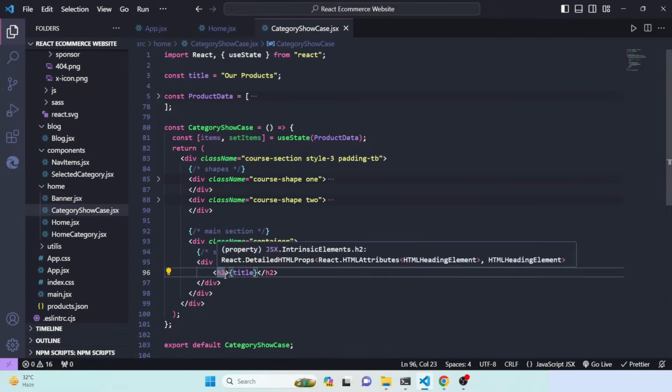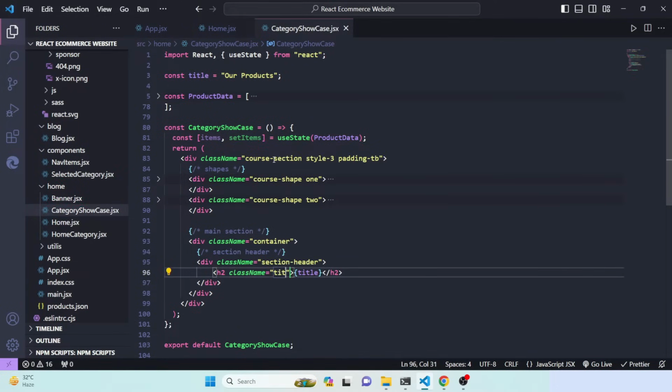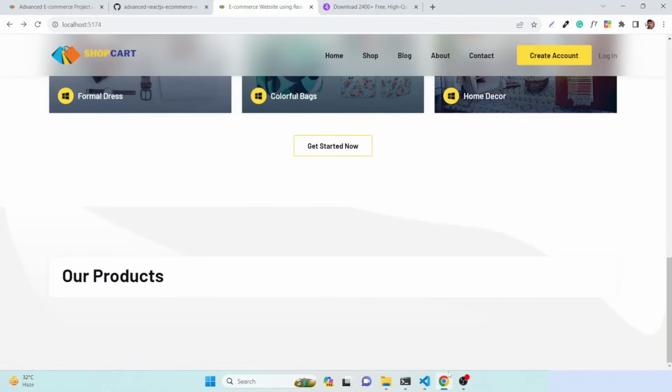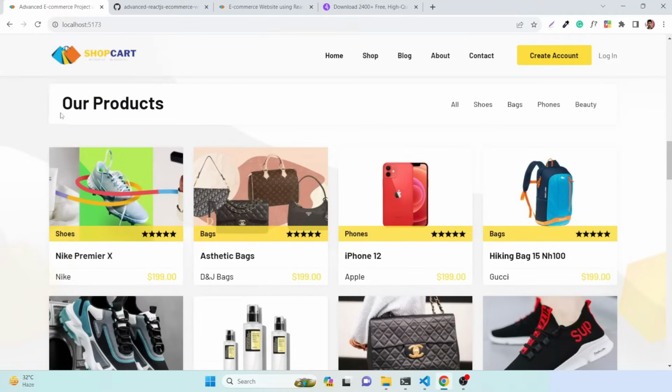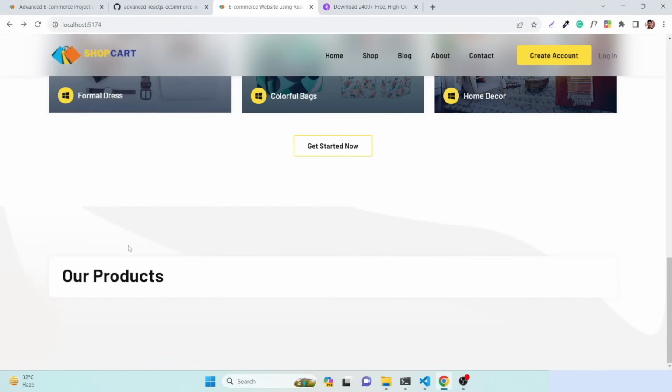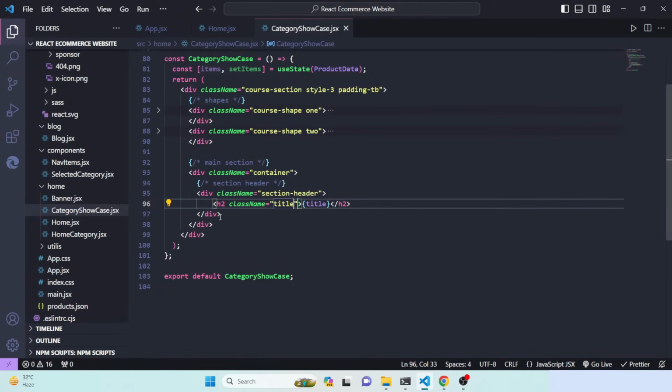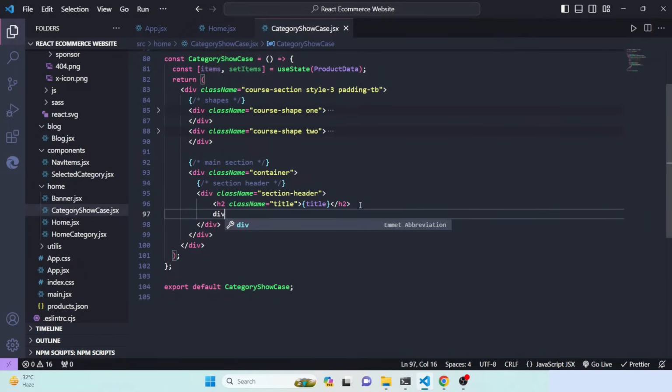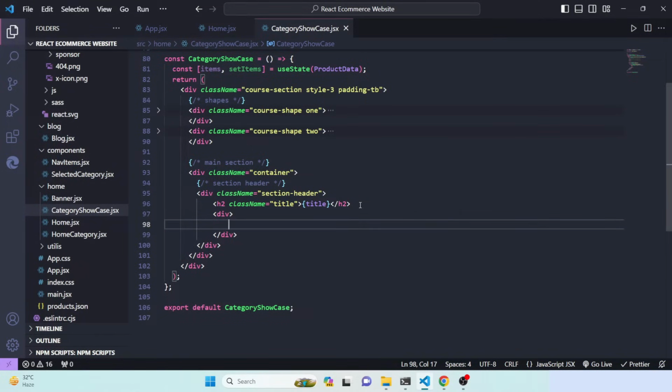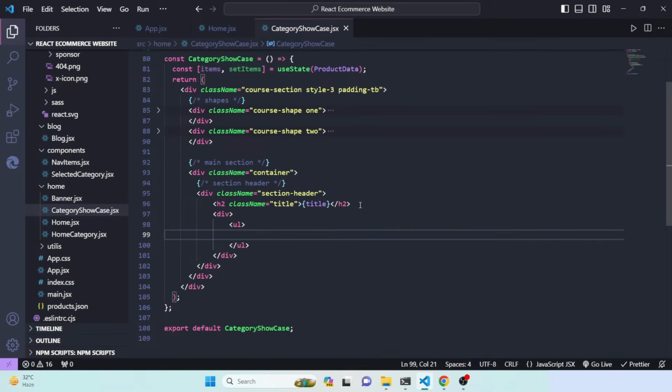Okay, now add class name title. If you check your websites, now you can see this is our products. So here this is our products, this section is here right now. Okay, and now after this h2 tag we'll just take a new div, and here we'll take ul, then